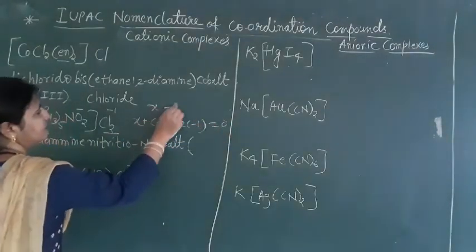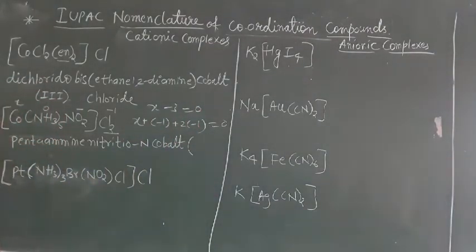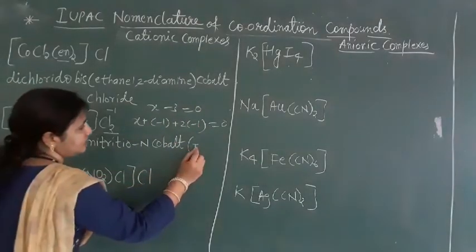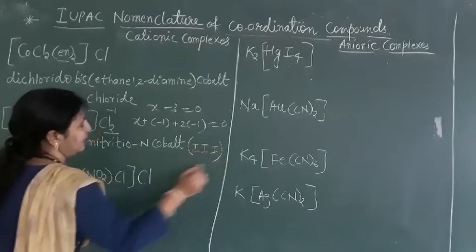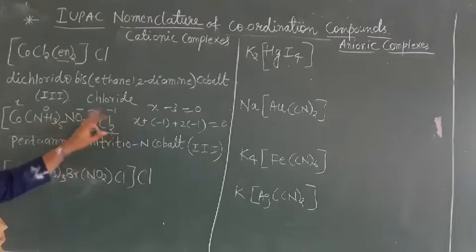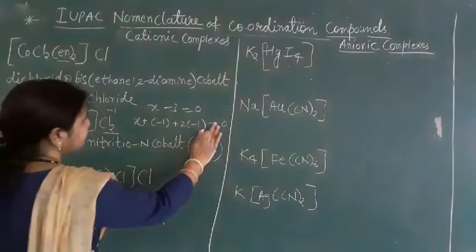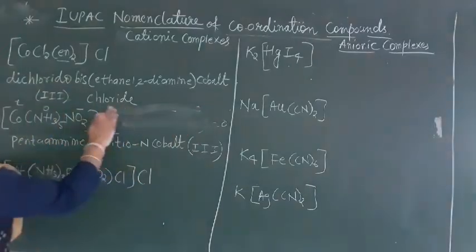So X minus 3 is equal to 0, so X will be +3. So the oxidation state is 3 here. You can also do it directly: this is -1, -1, 2 of them, so directly it comes to 3. So cobalt 3, and last what we have here is